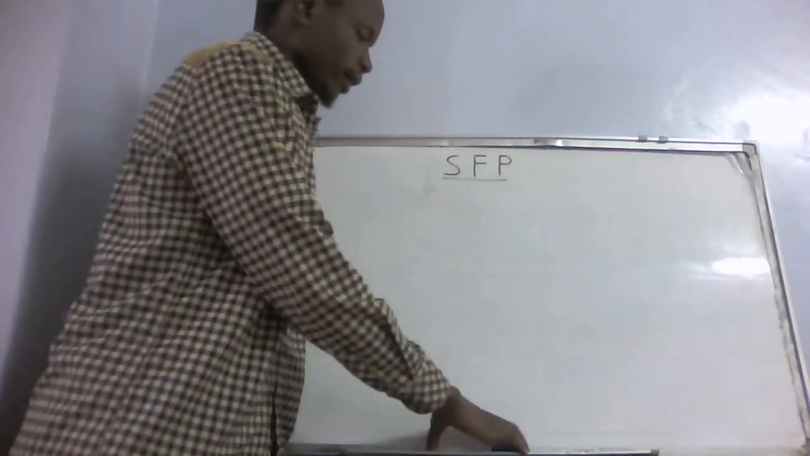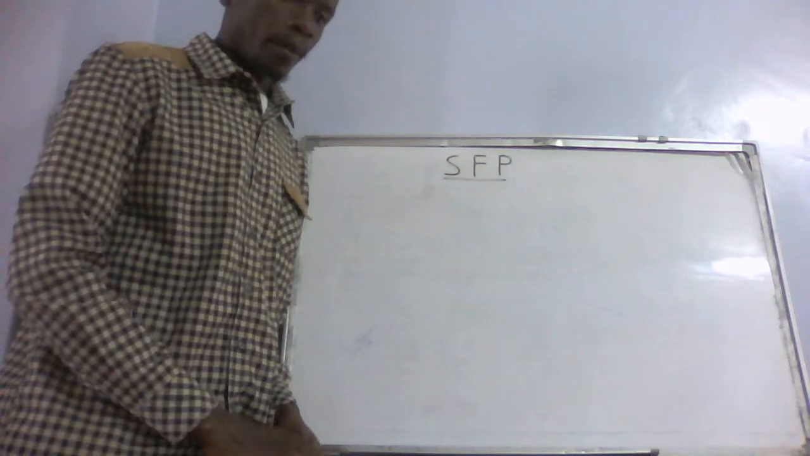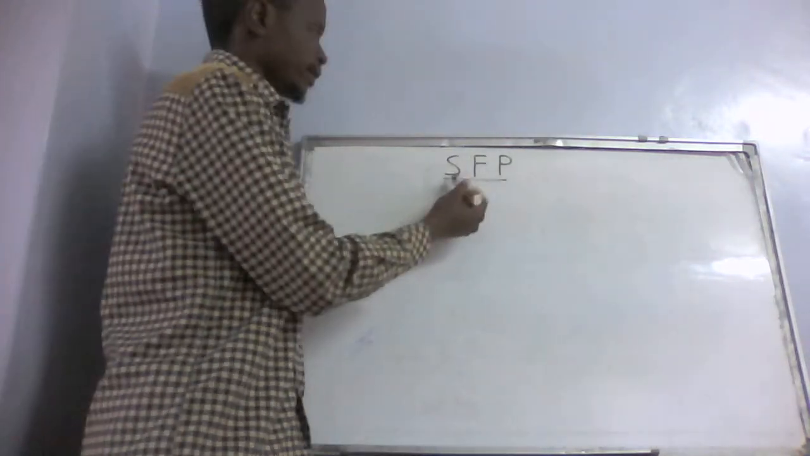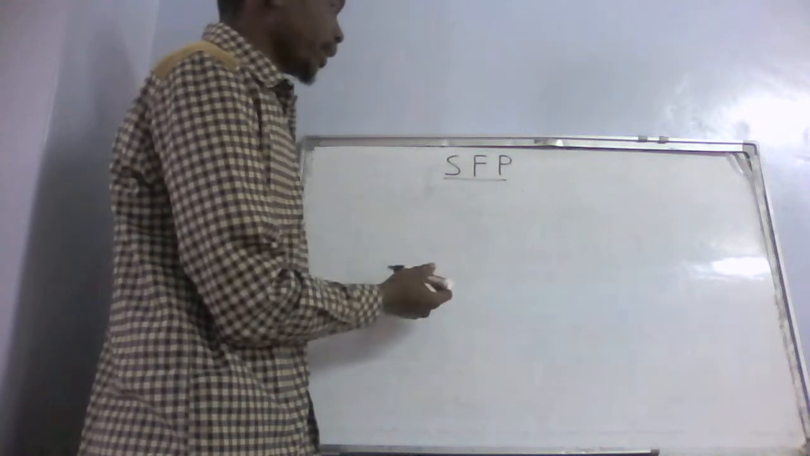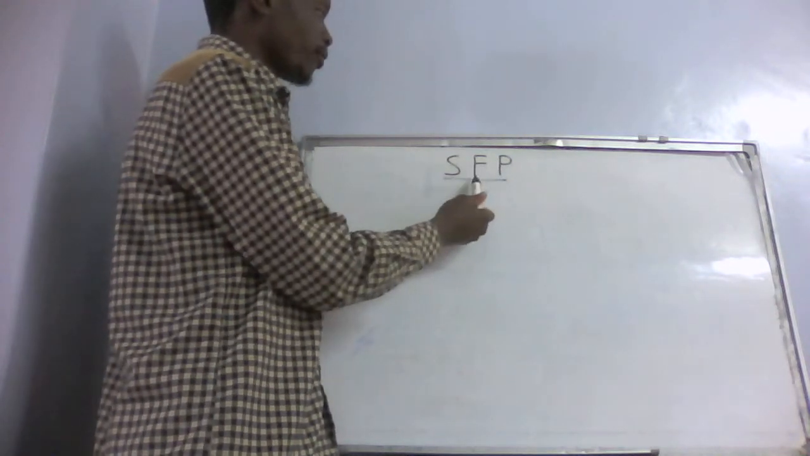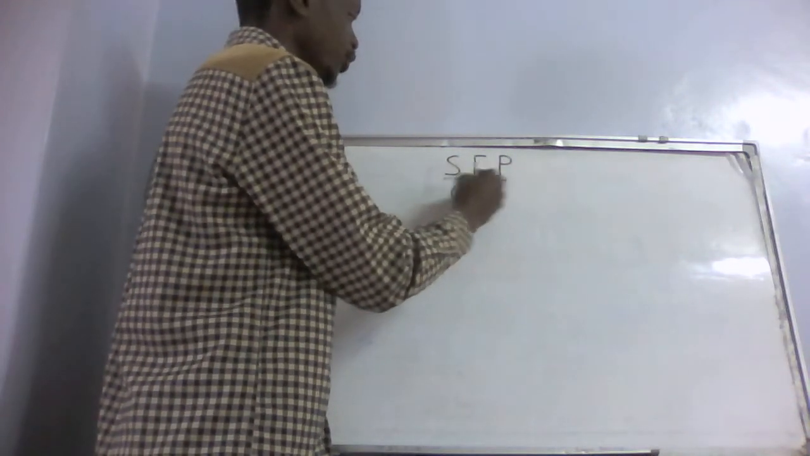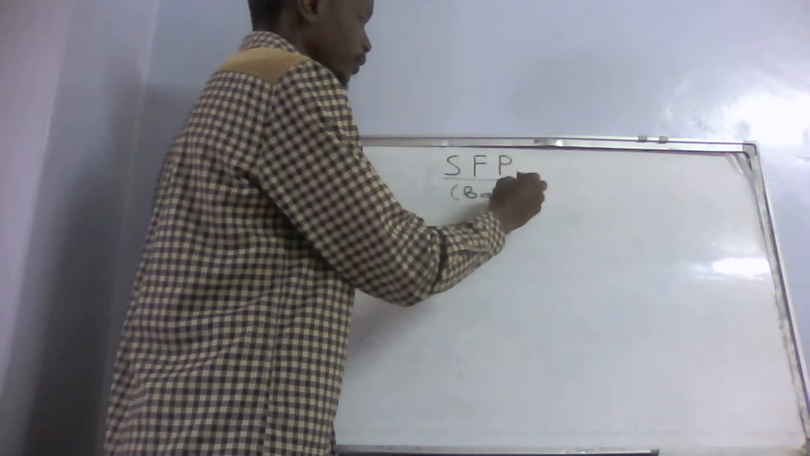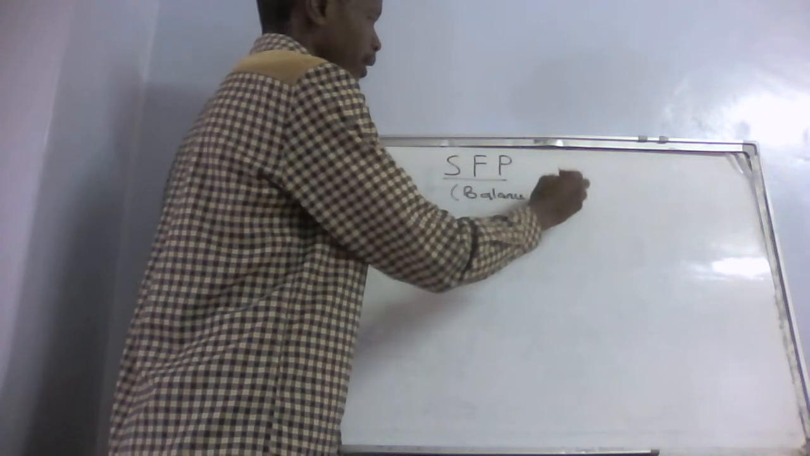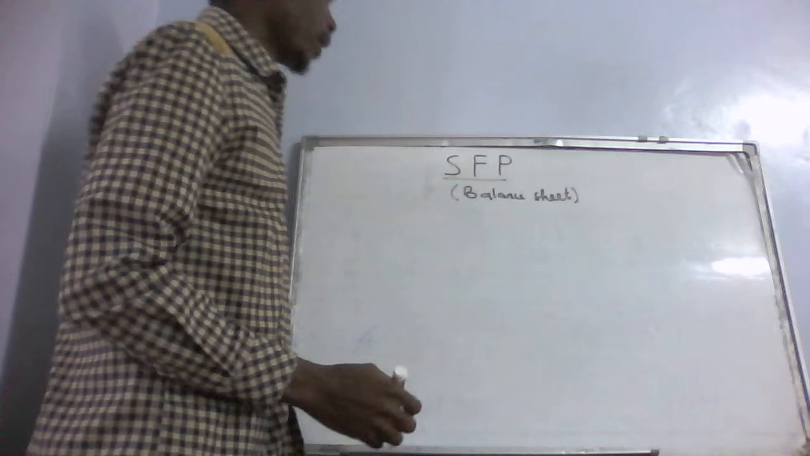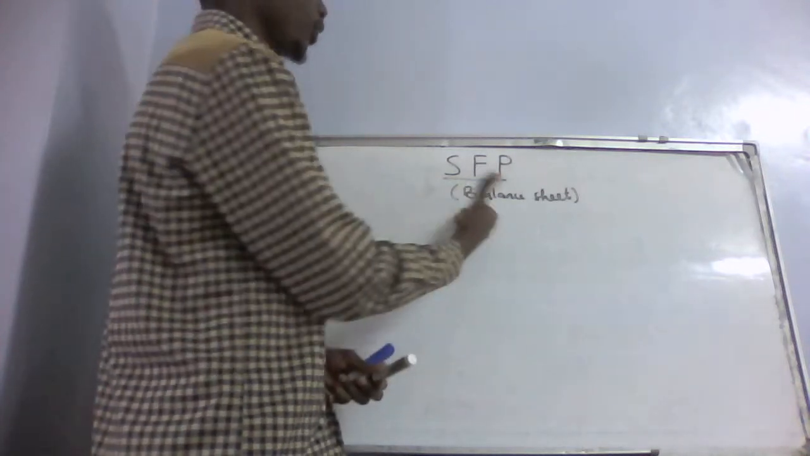Alright, so our class today will be about statement of financial position. SFP in full means statement of financial position. So a statement of financial position was formerly called balance sheet. Balance sheet. But as we may have known, this word balance sheet is not really